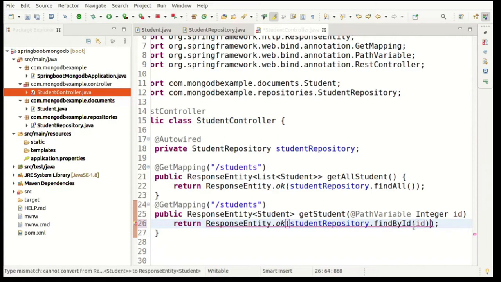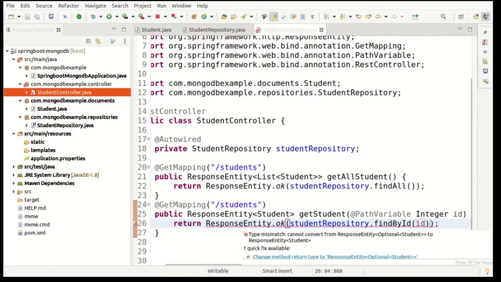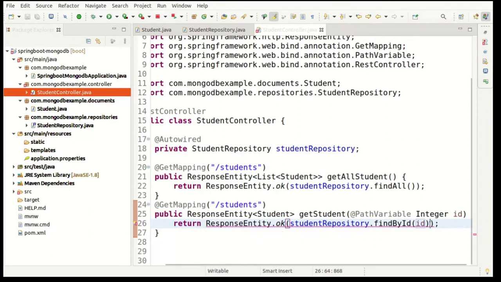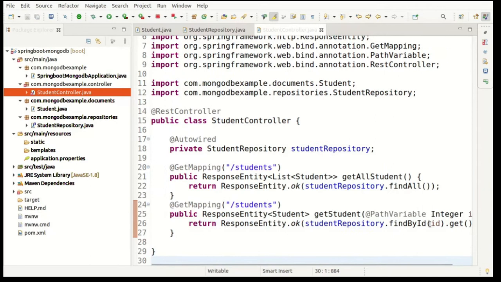But the return type of this method is Optional, right? So we can add a condition here, like if the student is not found, in that case we can throw an exception. But just imagine, yes, I have data, I can just write get, and here I need to pass the id, that's the dynamic id.